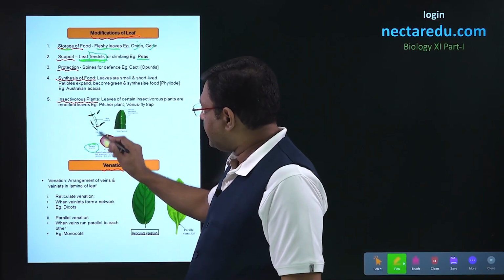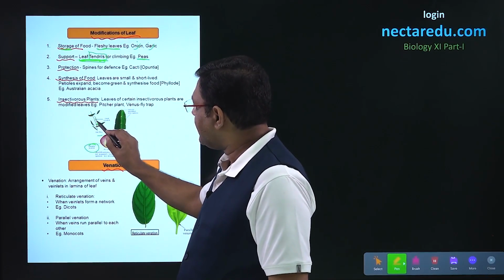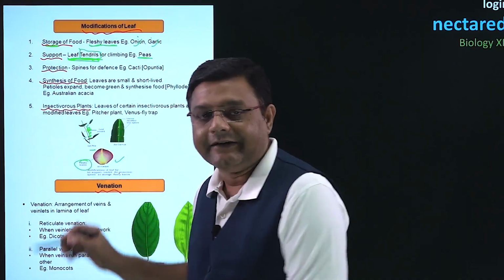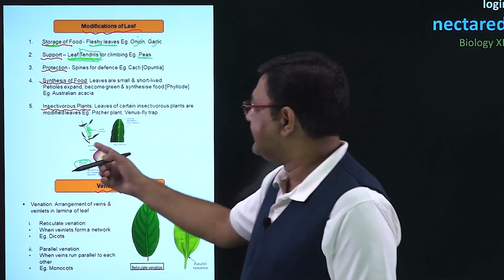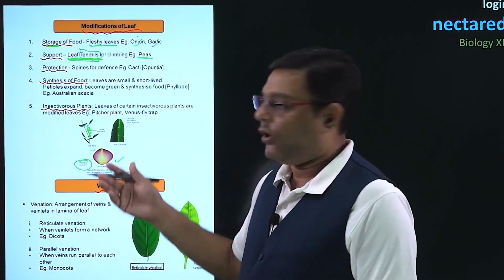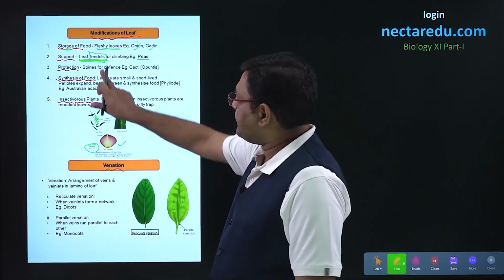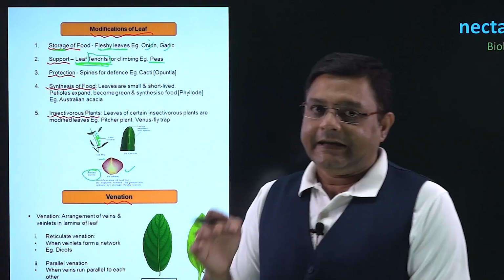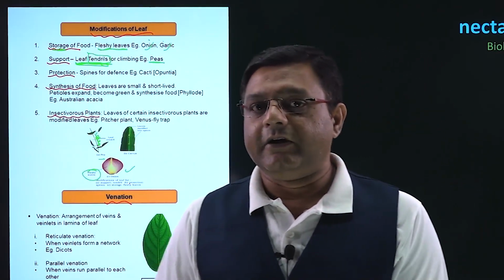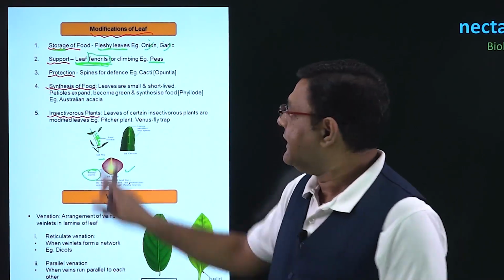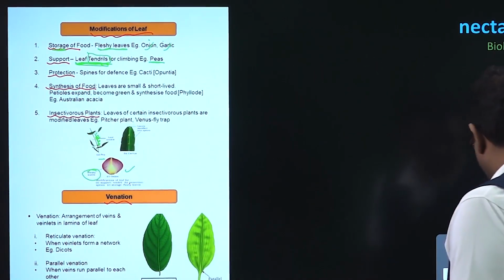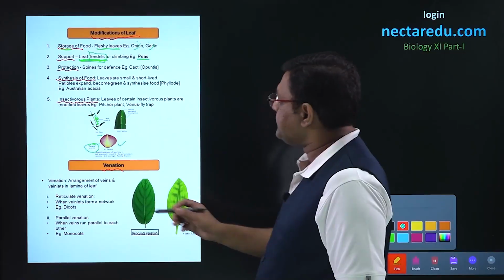It is the pea plant, and in this, leaves have modified into the tendril, circular support giving structures called as tendrils, and that is how pea plant will climb on the structures. The point to be noted here is that stem can also modify to form the tendrils. In that case, it is called as stem tendril, but in this case, we are calling it leaf tendril.